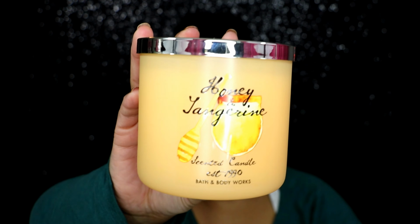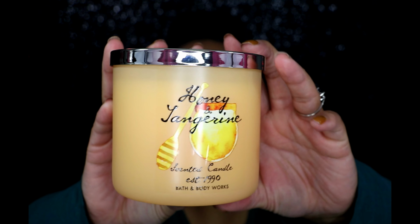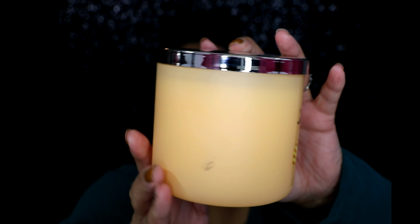The next candle I got is the Honey and Tangerine, and I love these. Now, I call these the Arbor Mist collection because it's in this kind of frosted glass. I just really love it. So it just reminds me of an Arbor Mist bottle. You know, the younger years with Arbor Mist, but